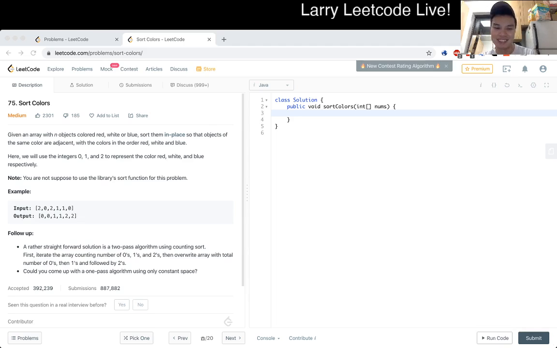Am I using Java? Let's go left. Right is equal to start length, and then